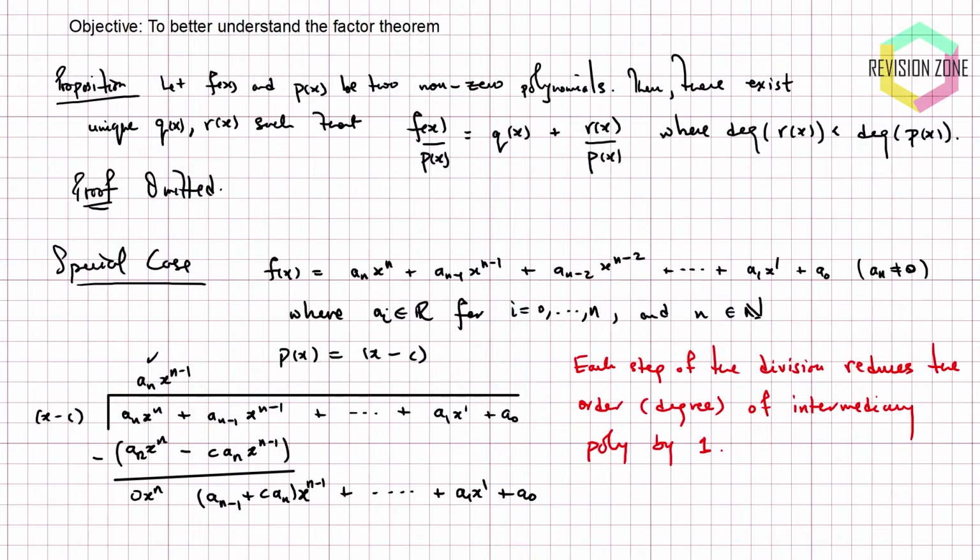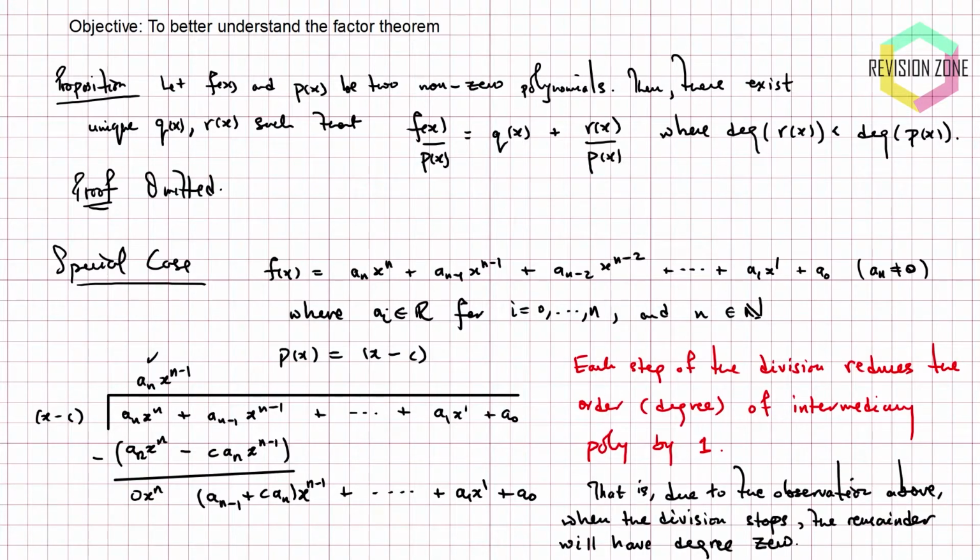So let's write that down. Another way of saying the exact same thing is that, because of the statement in red, when the division stops, the remainder in this case will have to have degree 0, right? In other words, the remainder is going to be constant, and that's quite reassuring because if we think about this, the degree of x minus c is 1, and the degree of a constant number